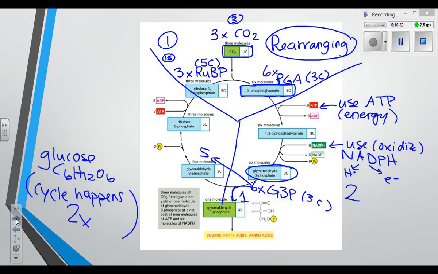It makes sense if you look up here. I only used 3 CO2s, and if I look at the reaction for photosynthesis, I know it starts with 6 CO2s. So I have to do this cycle 2 times. So one of these G3P molecules leaves. Once I have 2 of them, I can make glucose. The other 5 rearrange again,